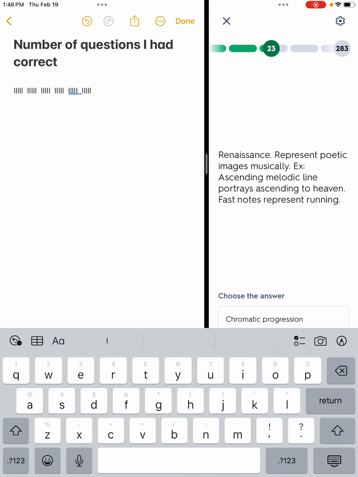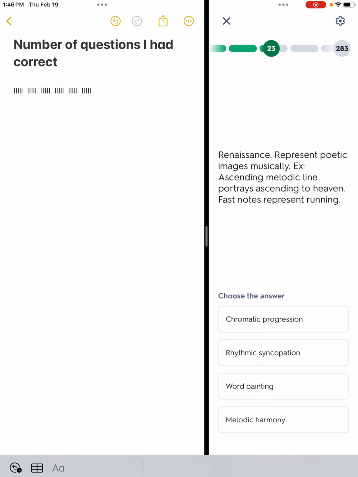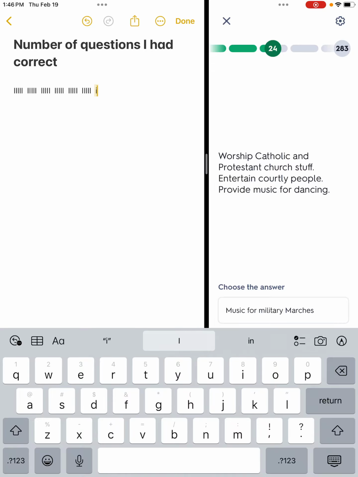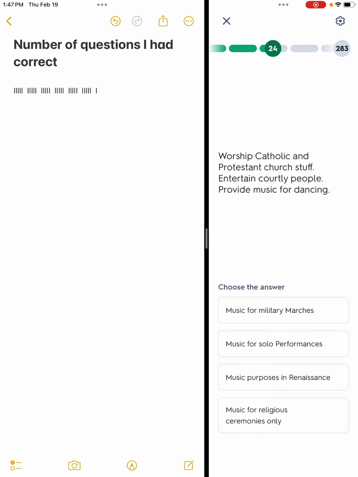Renaissance represents poetic images, word painting, worship, Catholic, Protestant church music, entertaining courtly people, providing music for dancing. What are the choices? Music for